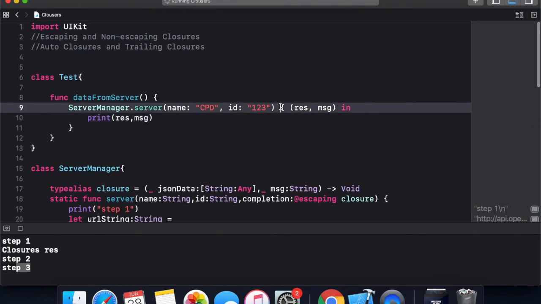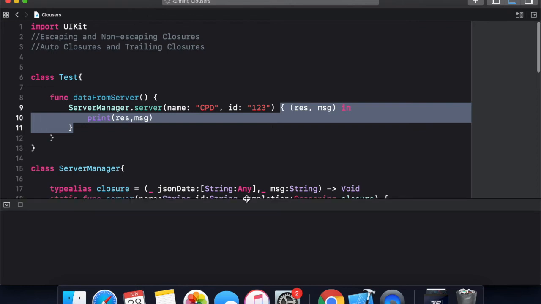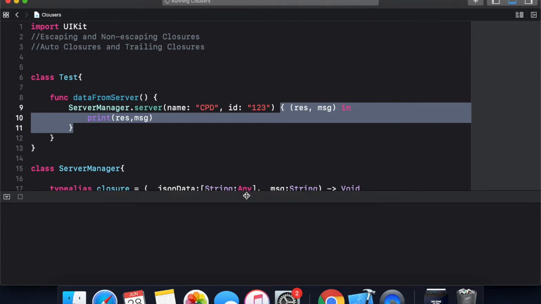The syntax for the trailing closure is more of an easy way to deal with closures. It's less complex than a normal closure. So here should be the result.